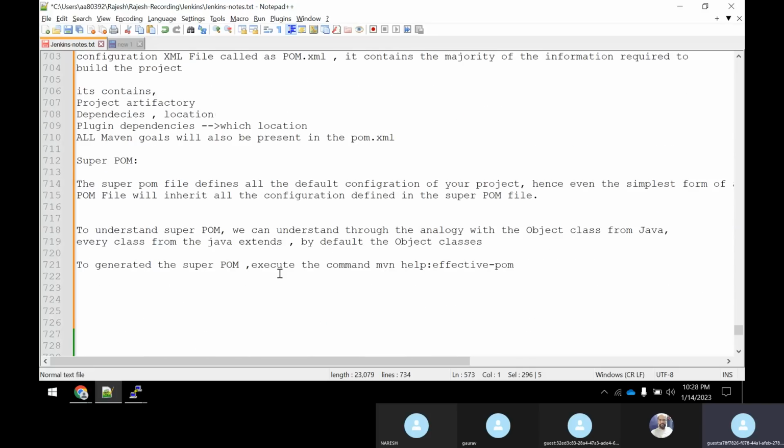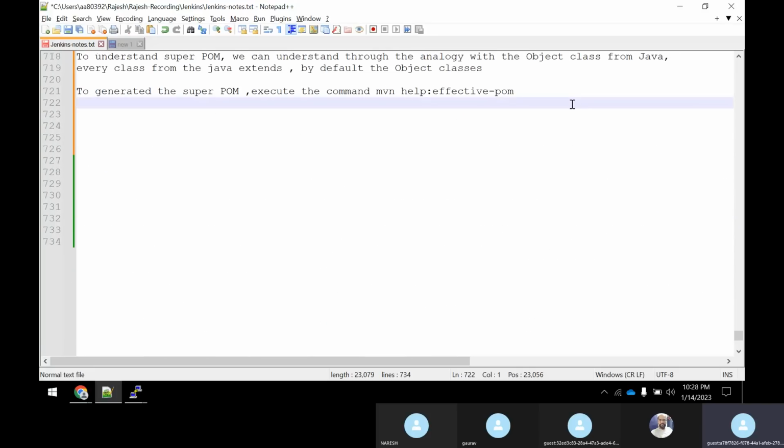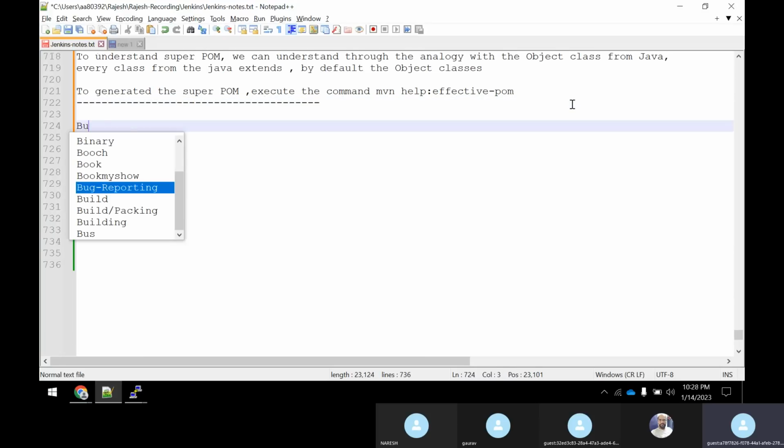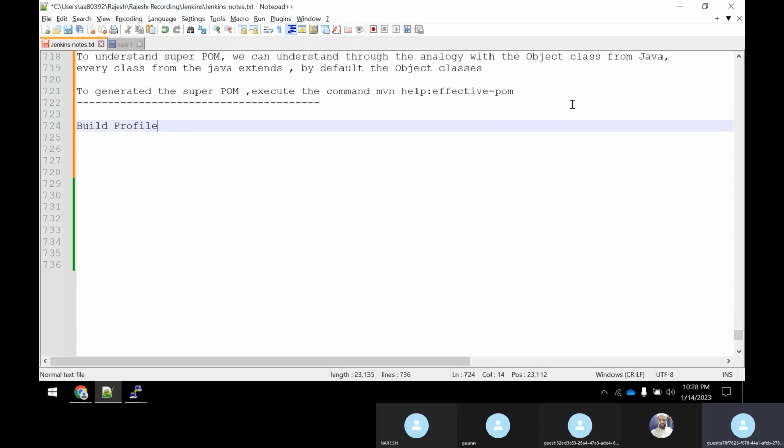So what is it, guys? This is also a concept. You need not really understand everything. It will come under your Java only, guys. If you go through the official documentation of Maven, you will get all these concepts: what are build profiles, what is the super POM. Every detailed, minute piece of information you will get from the official Maven documentation only. There I got all this information, so I went through all the official documentation and read it. That's what I'm trying to tell you.